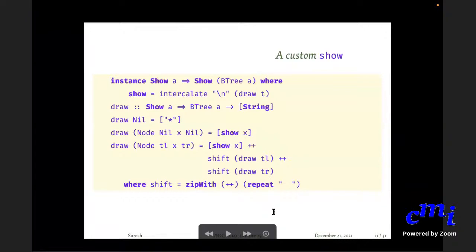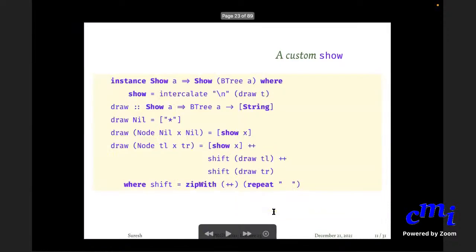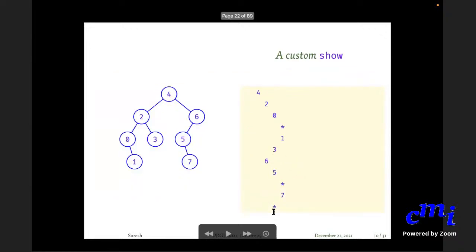Okay, so the way to do it is to first focus on this.